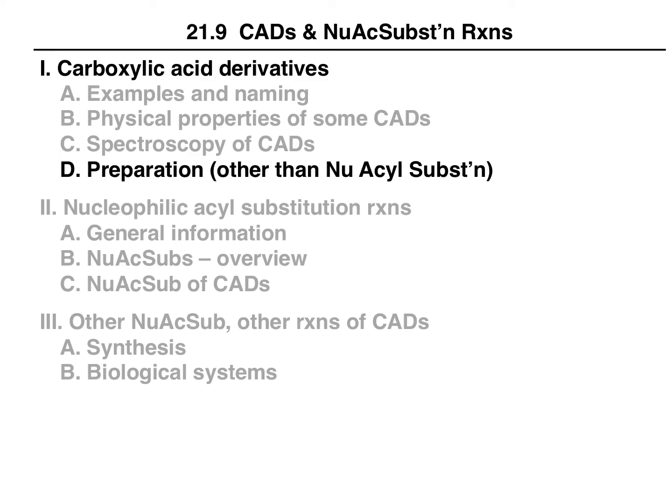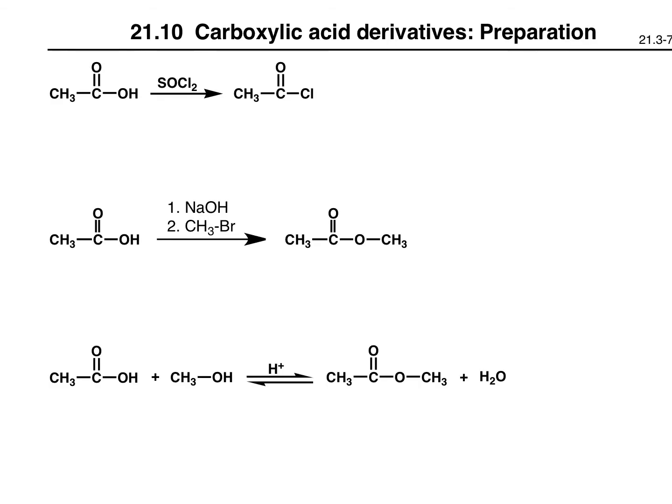In this video, we're going to look at a couple ways to prepare some carboxylic acid derivatives other than the interconversion through nucleophilic acyl substitution that we'll cover later. One very important reaction is the conversion of a carboxylic acid to an acid chloride, and this uses thionyl chloride. You're not responsible for the mechanism of this. You can look it up in the book if you're interested, but just recognize that carboxylic acid plus thionyl chloride